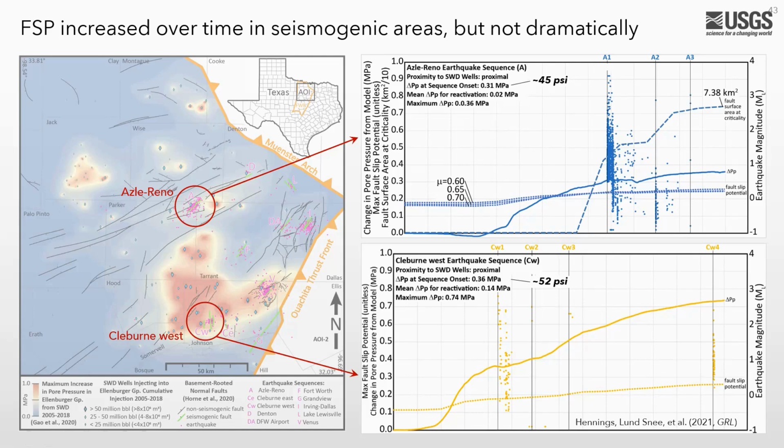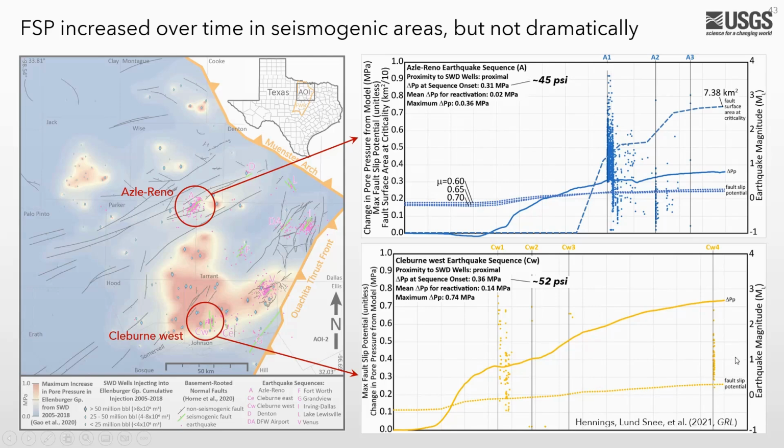So, I think we would all be hard pressed to identify in advance when we were going to have a problem in these areas. I mean, more likely, you can just say these are potentially concerning faults. And in fact, in the Cleburne case, you can see the pore pressure actually appears to have gone down, at least in the model, just before the seismicity occurred there. And then it continues up in both cases, and there's seismicity that occurs here and there. In the Cleburne, it goes up quite a bit, and we only see more seismicity way out here, when pore